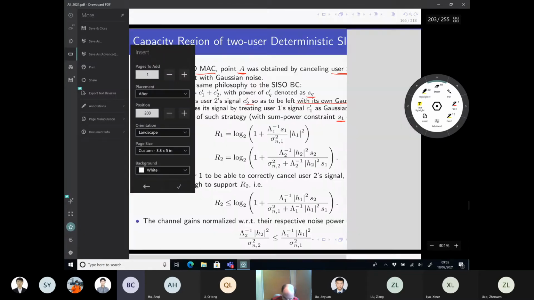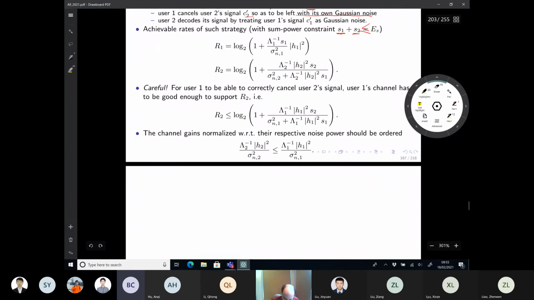So let me draw this here. So I have a transmitter. I have C1 prime plus C2 prime, and I have user 1 and user 2, right? So now I see user 1. User 1 will receive C1 prime plus C2 prime. So he has to do something because C2 prime will now create interference when he wants to decode C1 prime, right? So, strategy here,